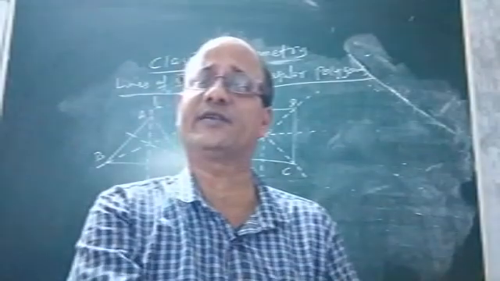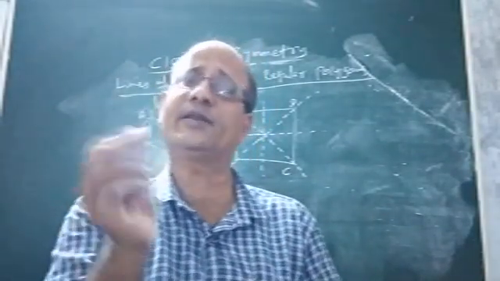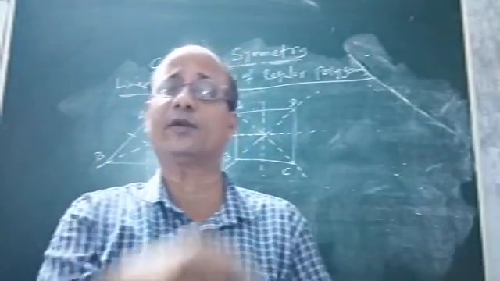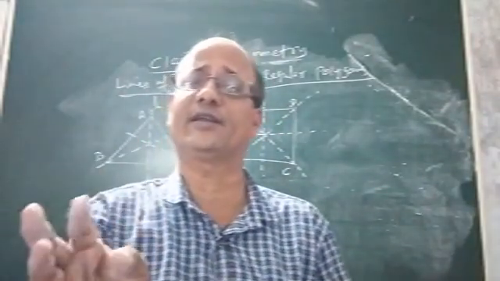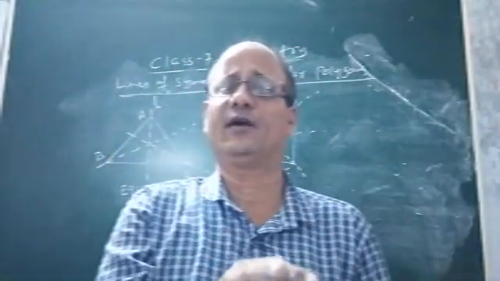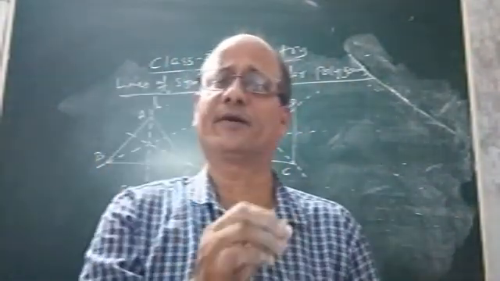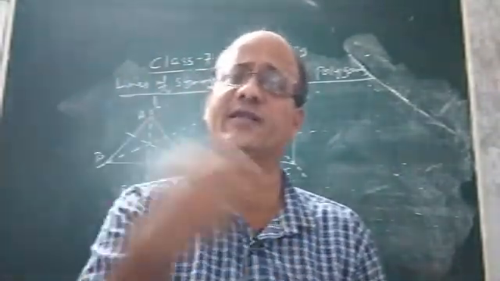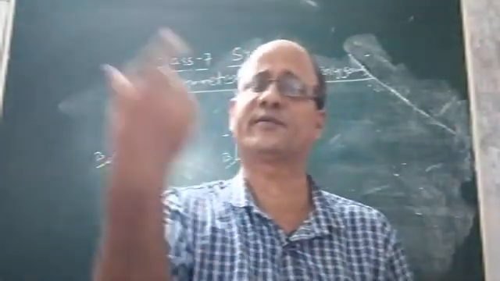What is a rhombus? How is it different from a square? What is the similarity between a rhombus and a square, and what is the difference between them? I had discussed everything in detail. Then I discussed how to find the line of symmetry of a rhombus. A rhombus will have two lines of symmetry. Each diagonal is a line of symmetry or axis of symmetry of the rhombus.